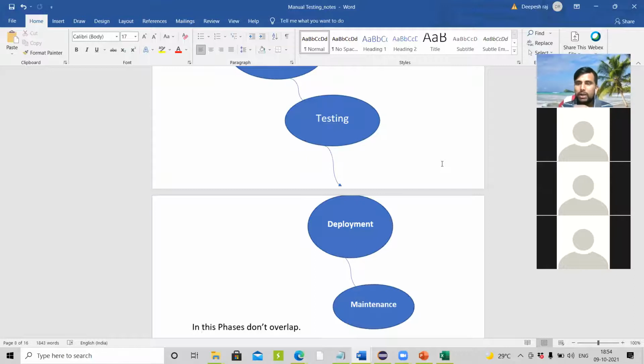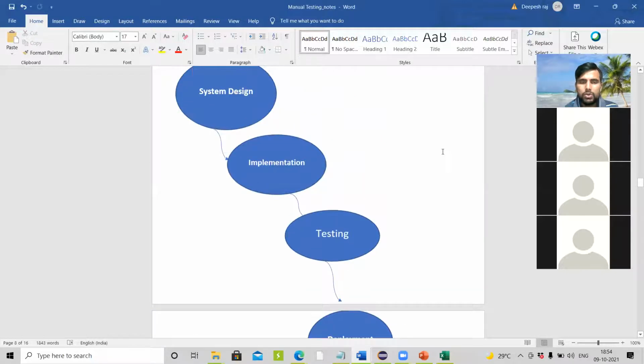Once one team completes the work, another team is going to do theirs. Now there is a possibility that the customer has given us a requirement. System design is done, implementation is done, and when we are doing testing, the customer comes and tells us, I want to change the requirement, the market got changed.